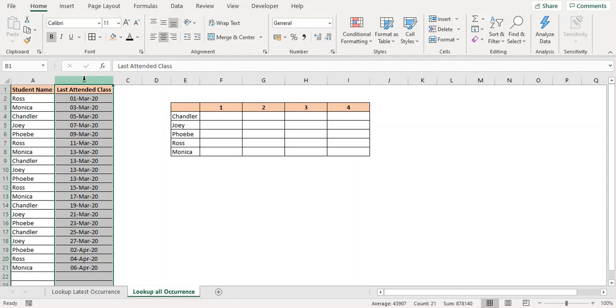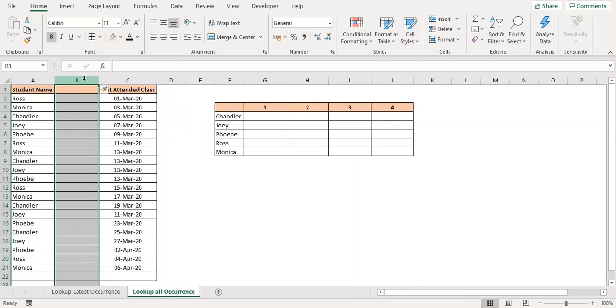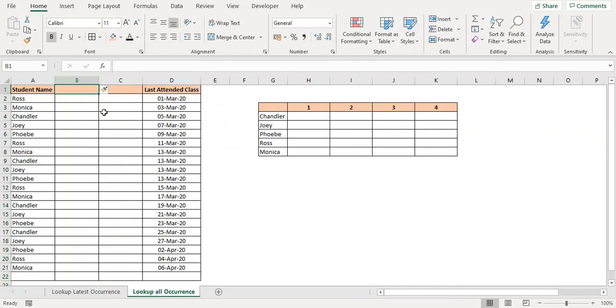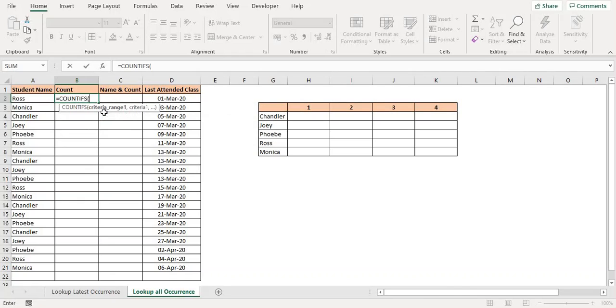So what we have to do over here is first create two columns before the last attended class column. The first column will contain the count of the values, and the second column will be just the name and count. So the count will be a bit of a tricky formula. We will be using COUNTIFS. We will use the dollar sign first, then press A, then dollar, then 2. So essentially we have to fix this A2, and then keep the second reference as a moving reference, which will be simply A2, and again we search just for A2. I know the formula is a bit tricky,